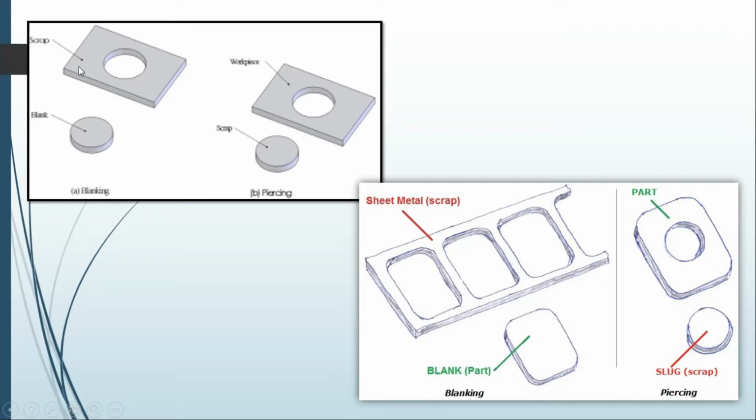You can see this is the scrap and this is the blank. That portion is removed. That is blanking. This blank will be used to go for other deep drawing processes to make plates, tumblers, and other vessels, containers, etc. And piercing is nothing but making a small hole. That portion which is removed from the hole will be thrown to the dust. Here also, for your better understanding, not only in round shape, at any shape we can make it. Here it's a rectangular shape for blanking. Piercing is in round shape.